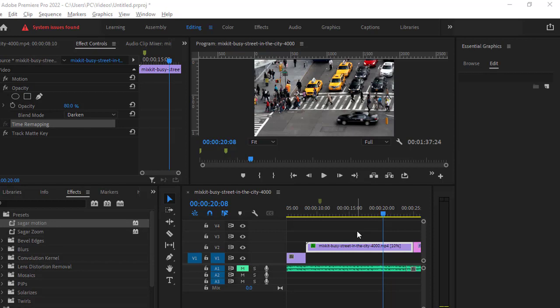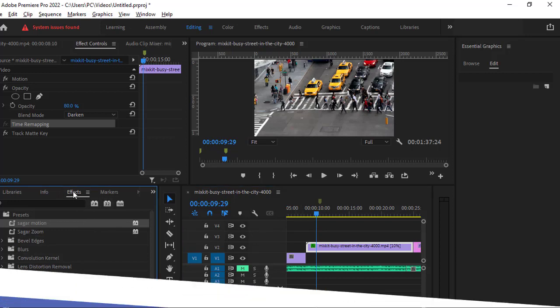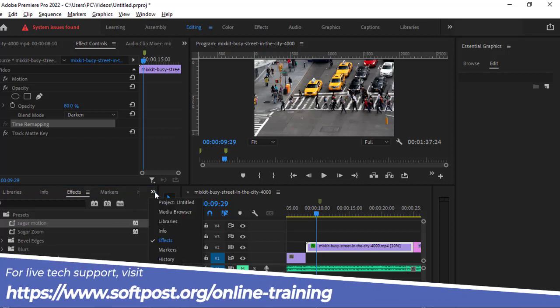This video explains how you can add time code in your project in Adobe Premiere Pro. To add the time code, you have to simply use one effect, which is called the Time Code effect. For that, you have to go to the Effects panel. You can find this Effects panel over here on the left hand side of this timeline. If you can't find it here, just click on these arrows and then you should be able to find it